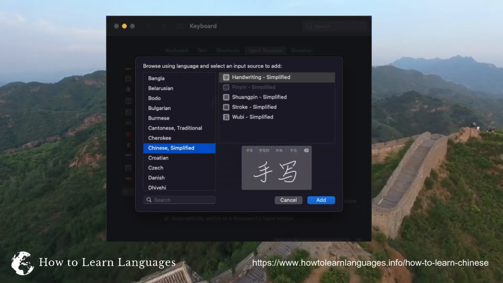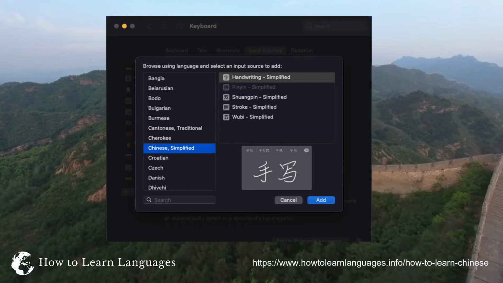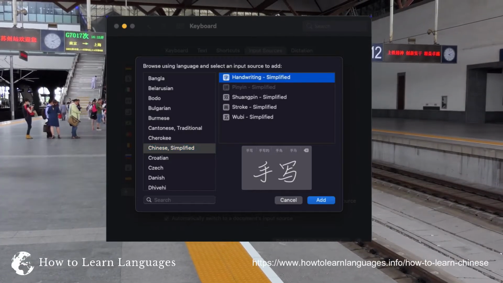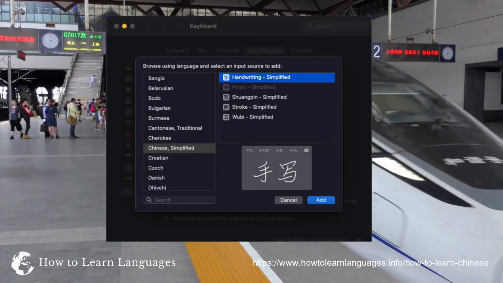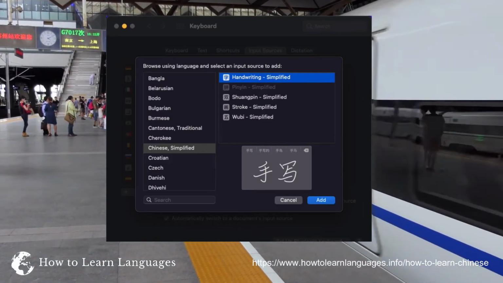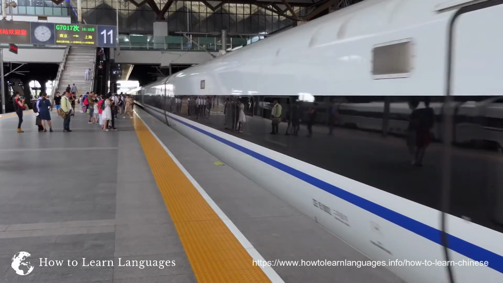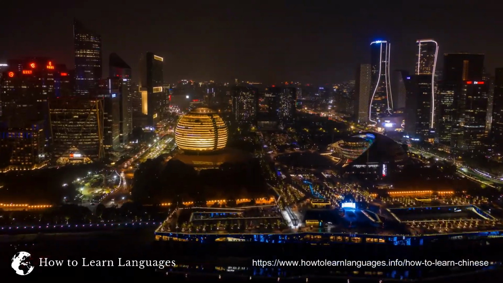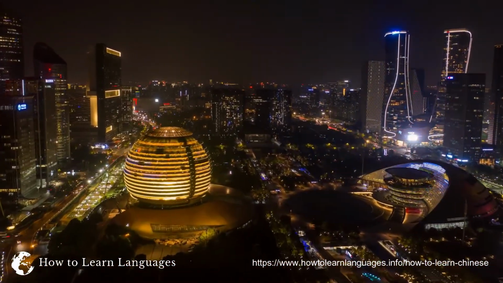Once you select Chinese Simplified or Chinese Traditional, you'll have the option of adding different types of Chinese keyboards. To add the handwriting function, select Handwriting Simplified, or if you selected Chinese Traditional, Handwriting Traditional. Press the Add button. You can now use the handwriting function when typing on your Mac.